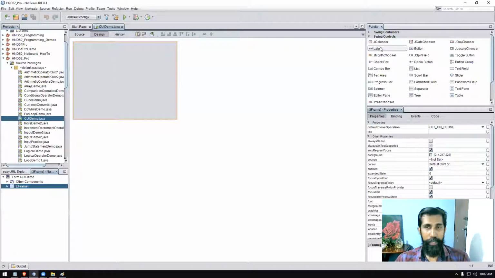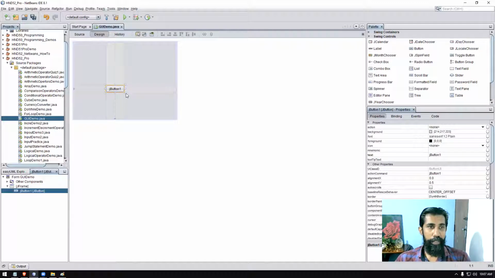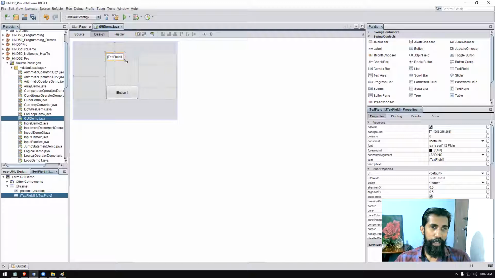Once you have the palette, it's just a matter of choosing the correct component and bringing it to the interface. So you just choose a button, drag and drop it here, then you can adjust it. I'm going to adjust it later, so I just leave it there and I will increase this one. I'm going to add a text field. You don't have a text box in Java, we have a text field. So I'm going to drag and drop that to the screen, as well as increase the size as well, right?